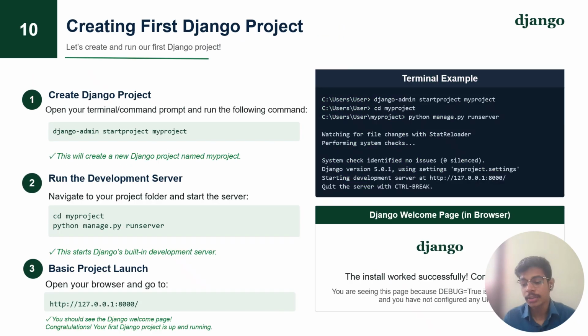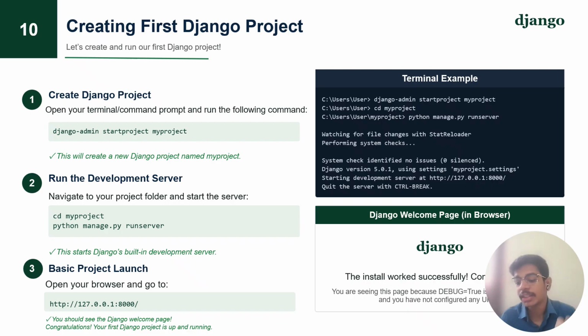Creating our first Django project. The first step is to open the terminal and run the command django-admin startproject myproject, where myproject is our project name. This creates a new project named myproject. Next we move inside the project folder using cd myproject, and then we start the Django development server using python manage.py runserver. Once the server starts successfully, we can open our browser and visit the local host address. If everything is installed correctly, we will see the Django welcome page,